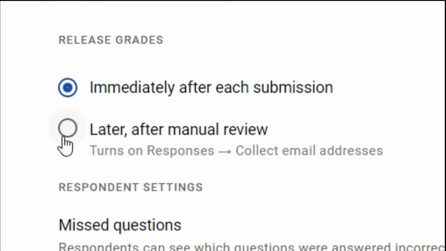For example, if you have descriptive questions, then you need to manually evaluate those answers and release the grades. So depending upon the type of question paper, you have to select. If it is only MCQ, it is better to select immediately after each submission, release grades. Otherwise, select later after manual review.